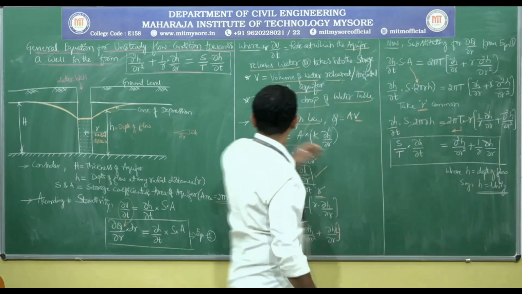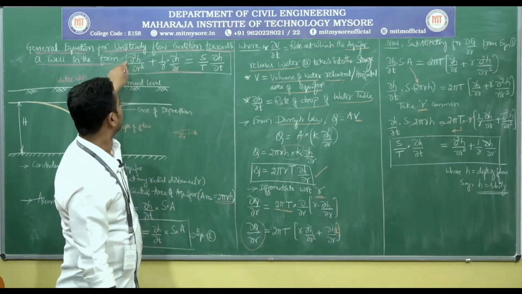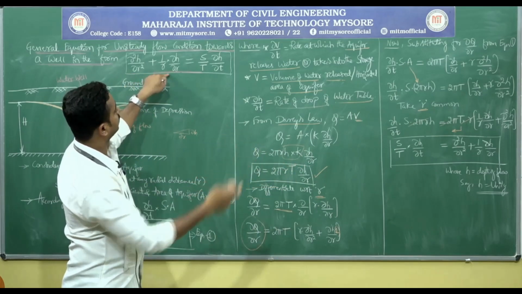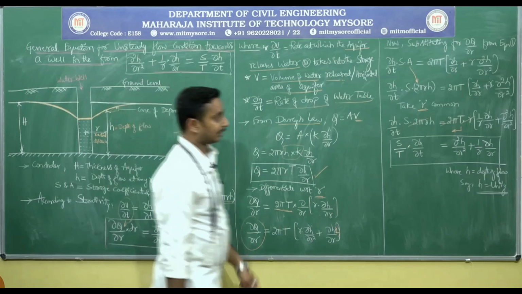Okay, this is the same equation, we just derived it in this form: ∂²H by ∂R² plus 1 by R into ∂H by ∂R equals S by T into ∂H by ∂T,